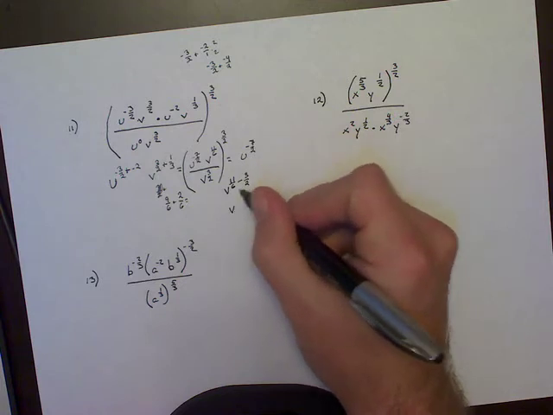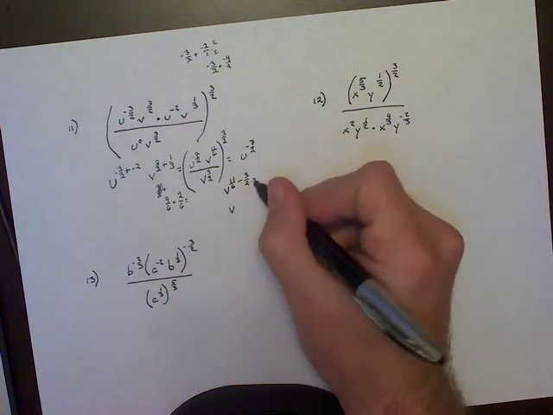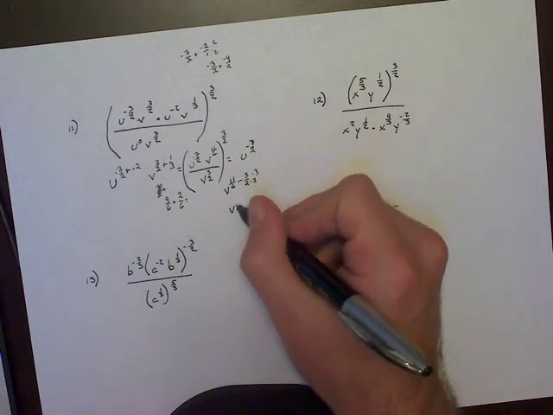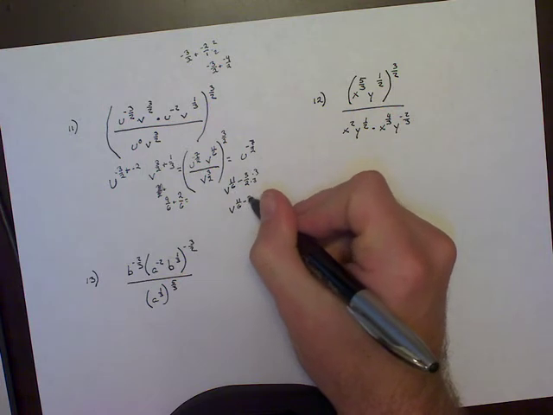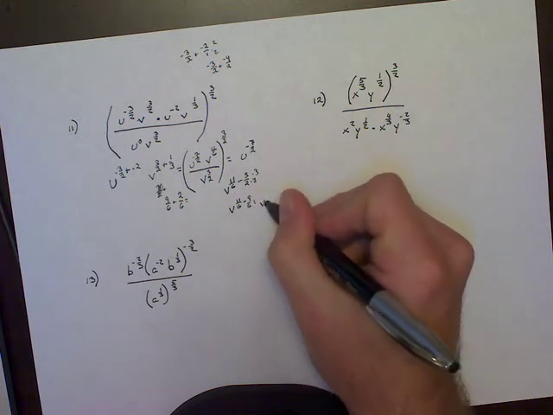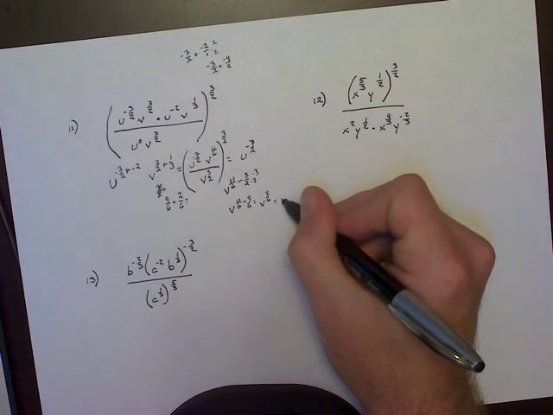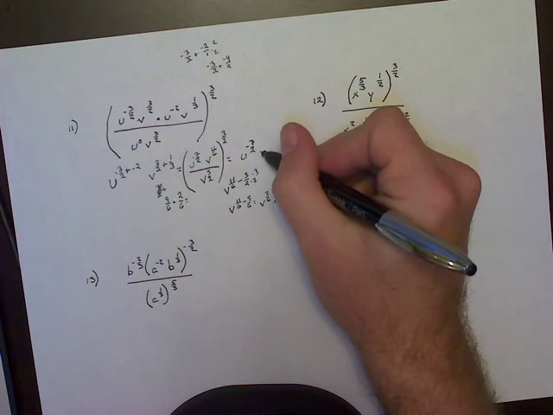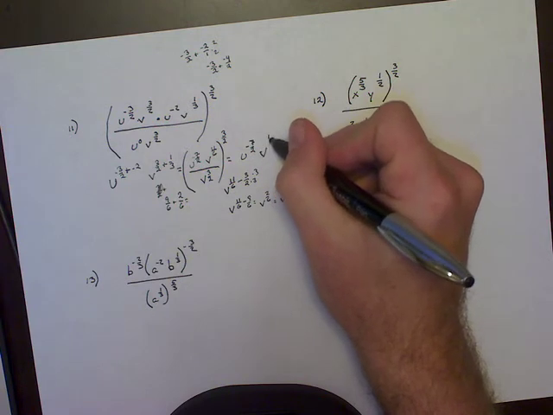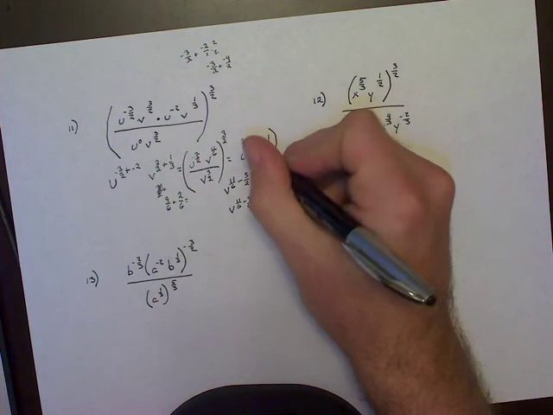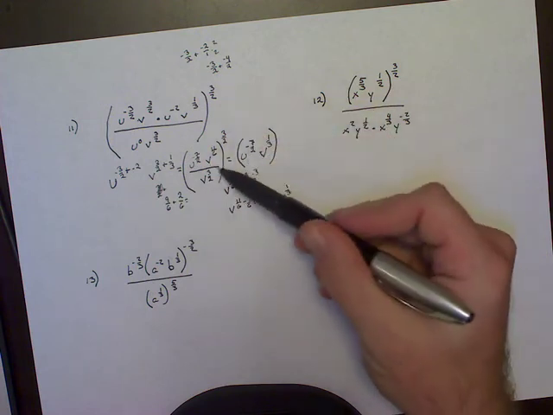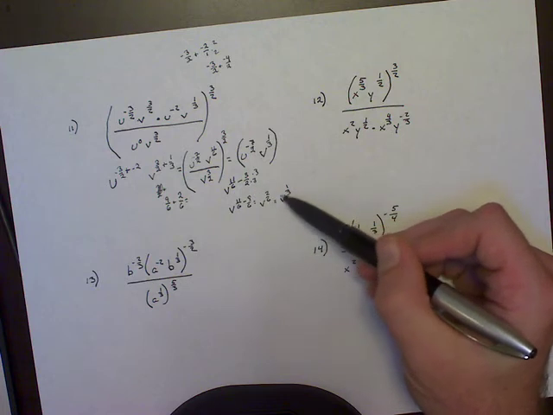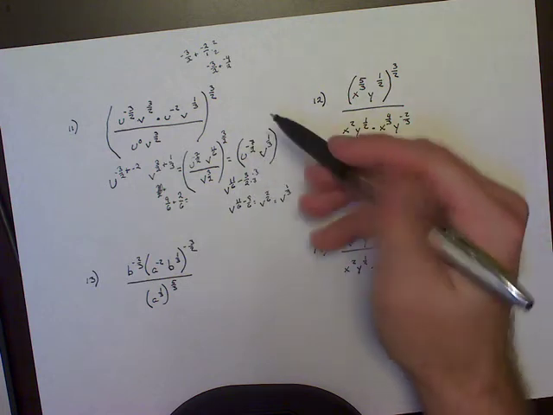So that gives us v to the, now multiply top and bottom by 3, so becomes 9 over 6, so 11 over 6 minus 9 over 6 gives us v to the 2 over 6, which is the same as v to the 1/3. Finally gave us something that reduced. So that becomes v to the 1/3, and so now we took care of this. So again, here's the fraction work for that, and we got v to the 1/3, and then we still have